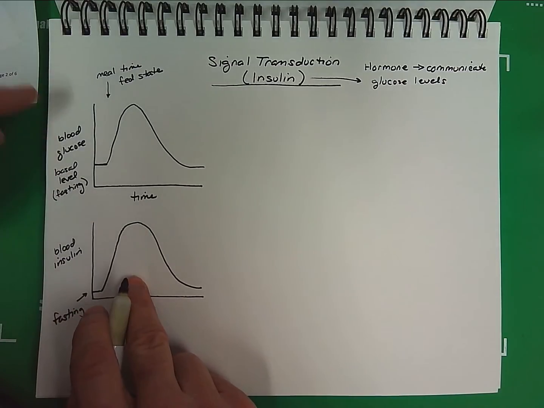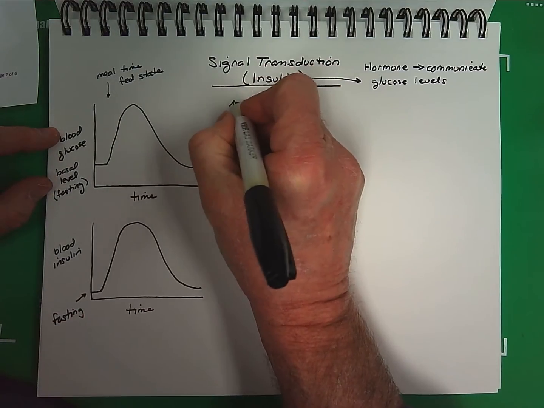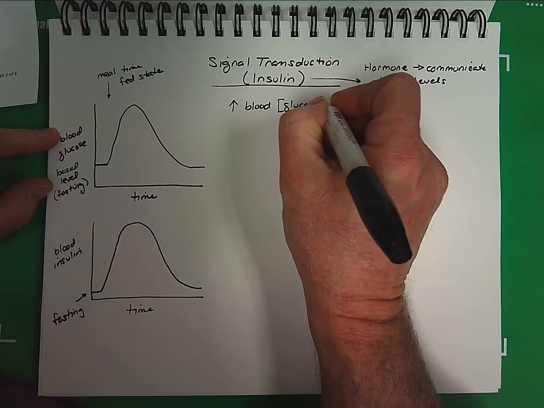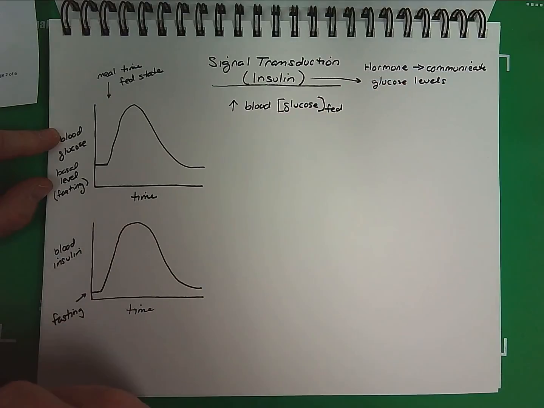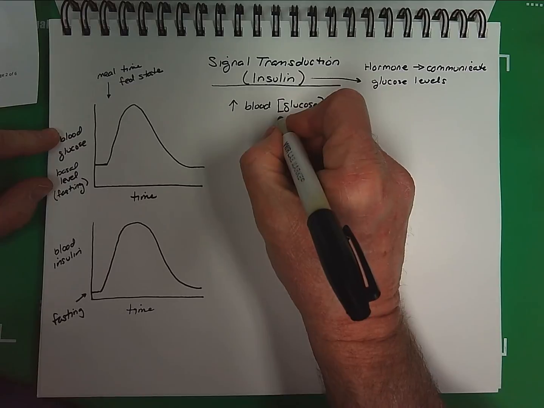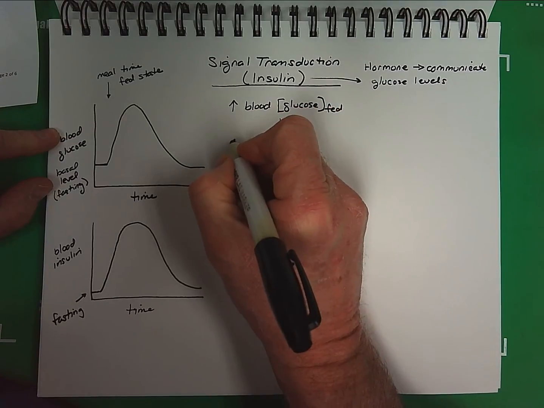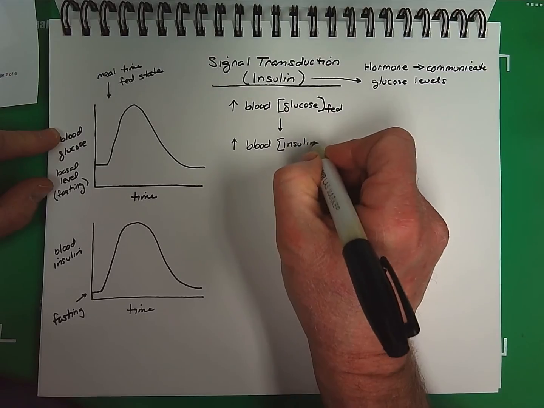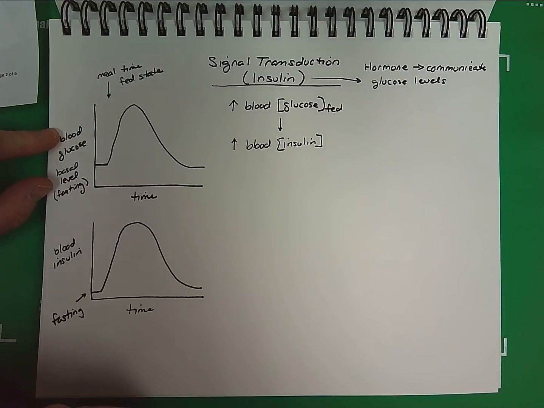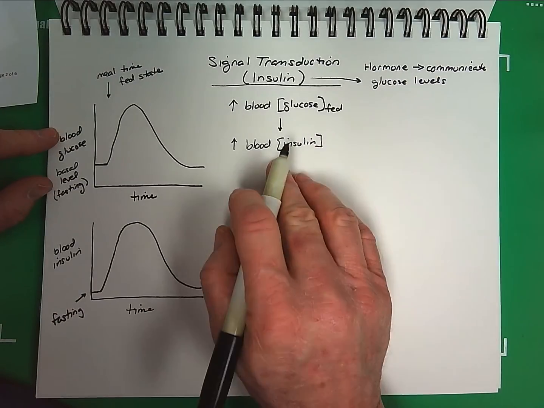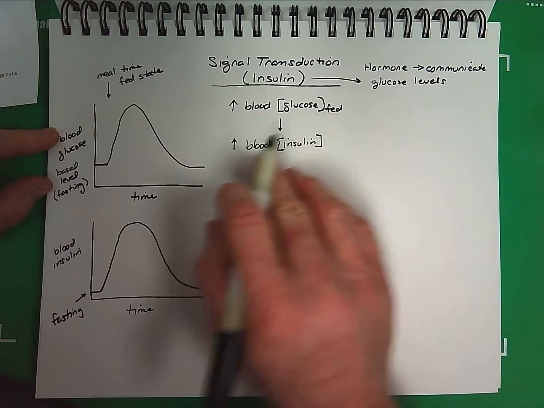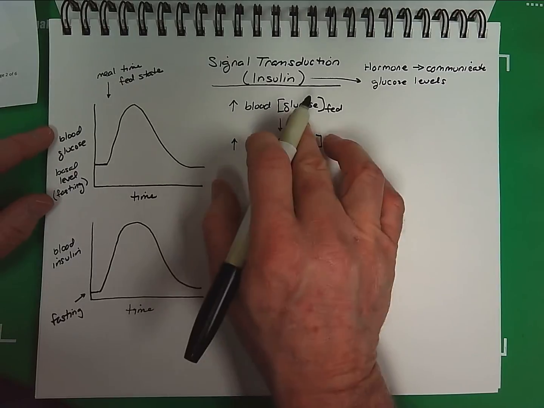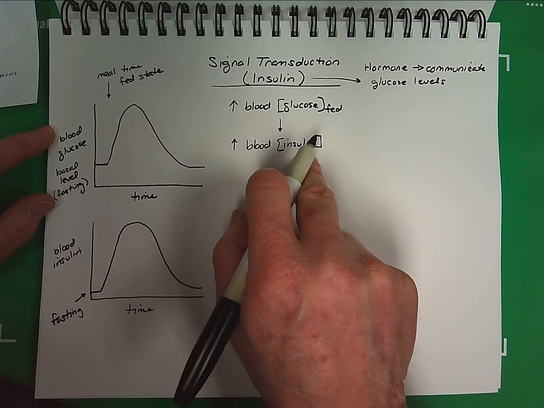So this is an indication that the increase in blood glucose concentration in the fed state is inducing a change in insulin concentration. This is causing an increase in the blood insulin concentration. So we have a hormone that is designed to communicate information based on glucose levels. So as blood glucose levels increase due to our meal, that is inducing an increase in insulin, the hormone insulin,